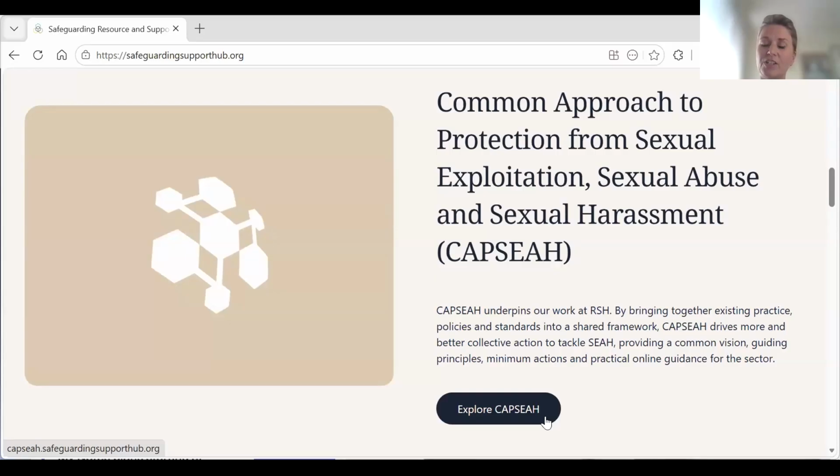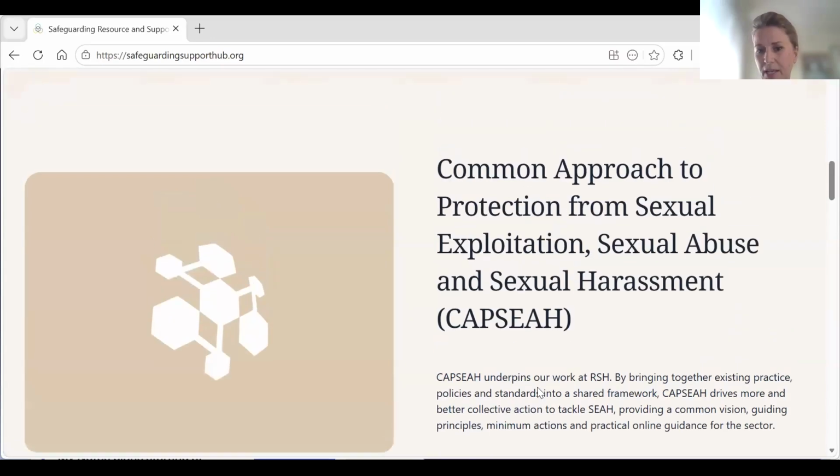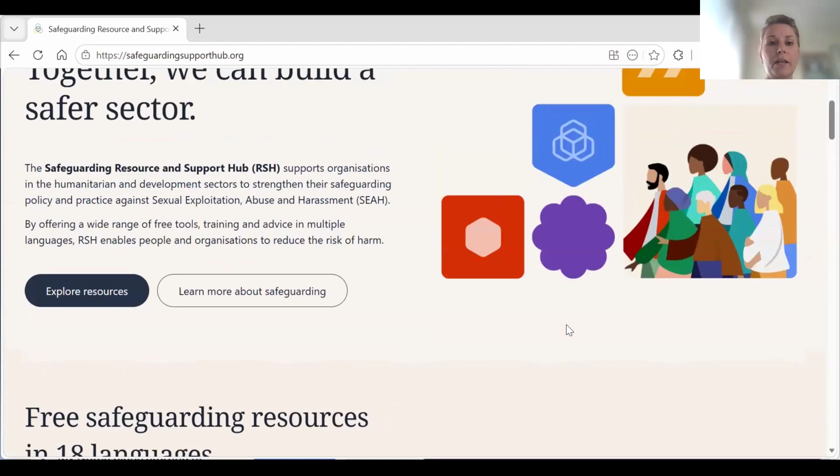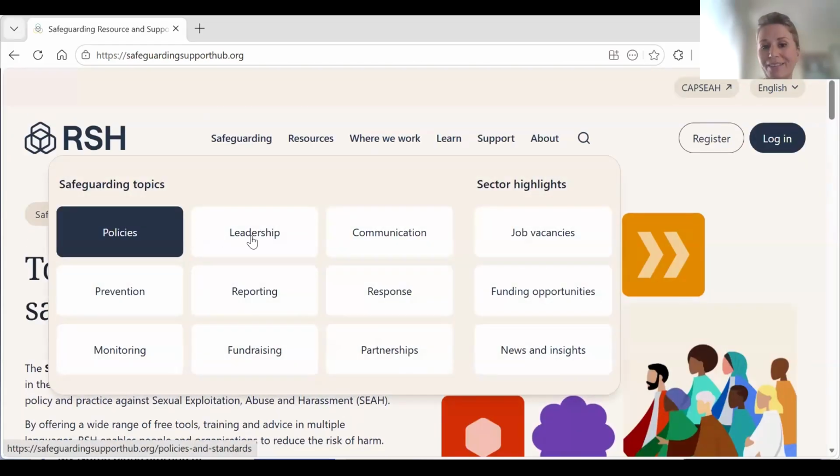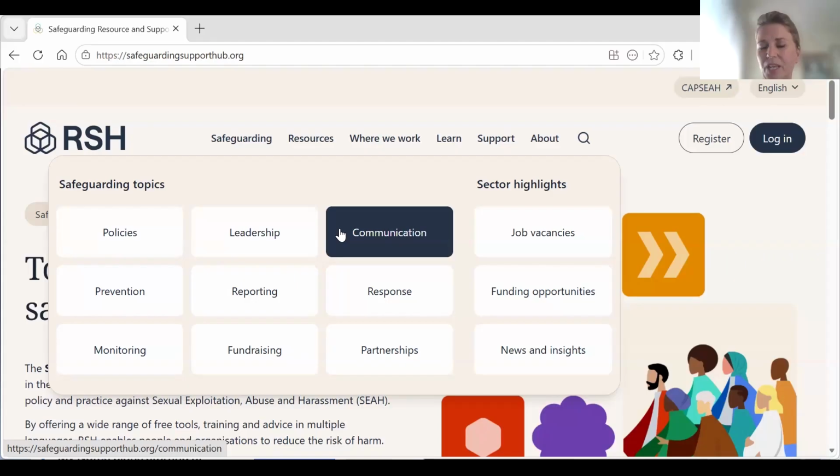It's a shared framework to drive collective action to tackle SEAH, and provides a common vision, some guiding principles, and some minimum actions to take. The minimum actions recommended by CAPSIA are actually organized around the same topics that you can find here.